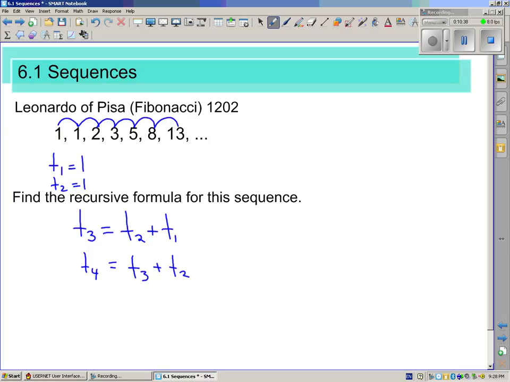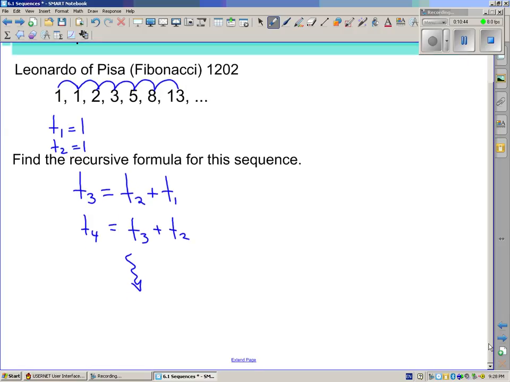And so on. Let's get to the generic type. How can I do this for any number? Well, that's when we say the nth term. This is the general form when we go not to a specific example, but in general, how is the Fibonacci